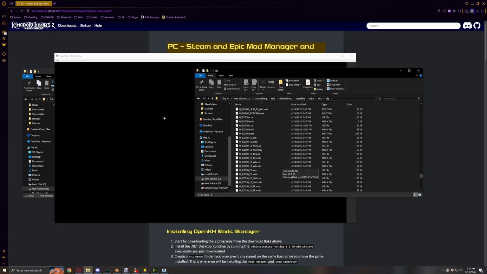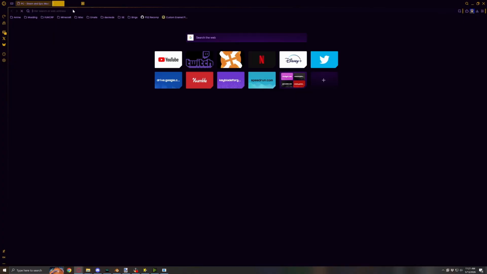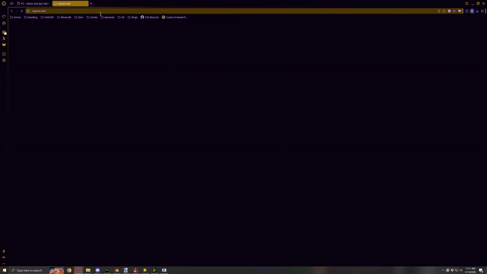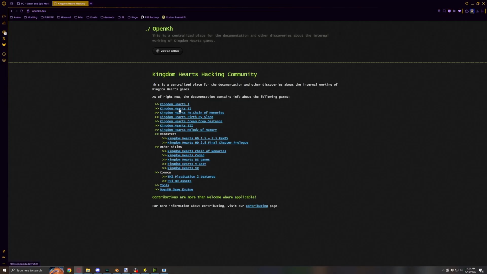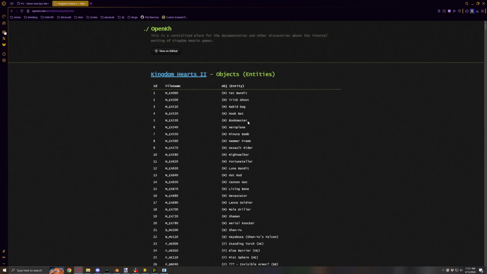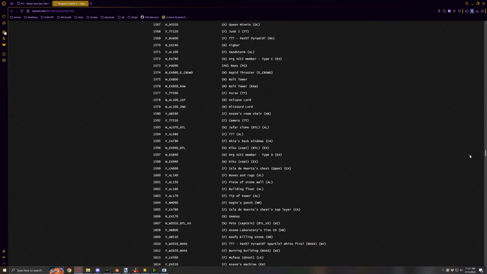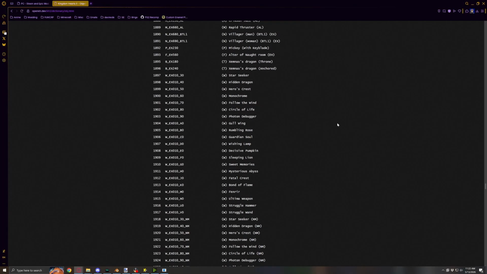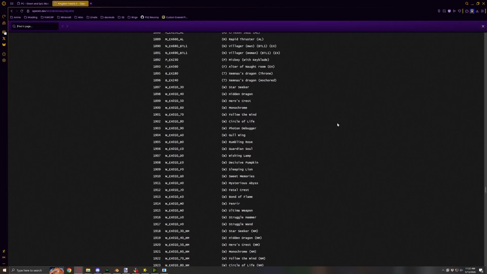So to find out which is which, I am going to open a new tab. I am going to go to openkh.dev and then click Kingdom Hearts 2, and then go to objects down here, click that. And then once again, scroll down till you get to the weapons section, W. It's all in alphabetical order. Or you can do Control F, for example, and I'm going to search Star Seeker. Now you'll notice, when you do this,